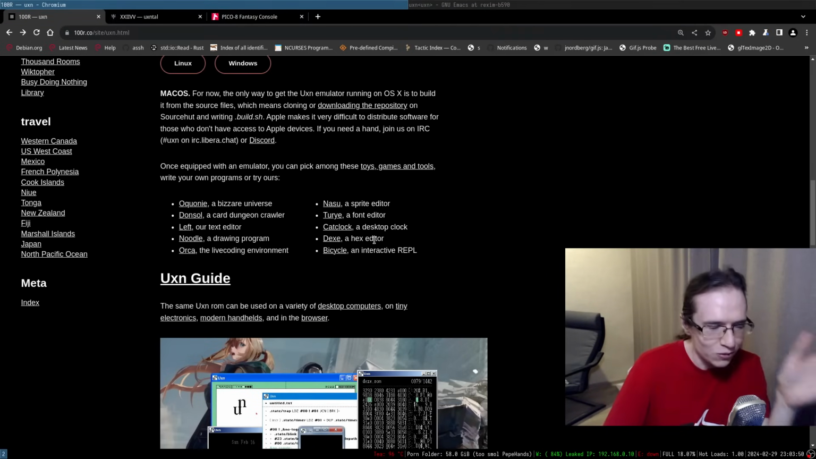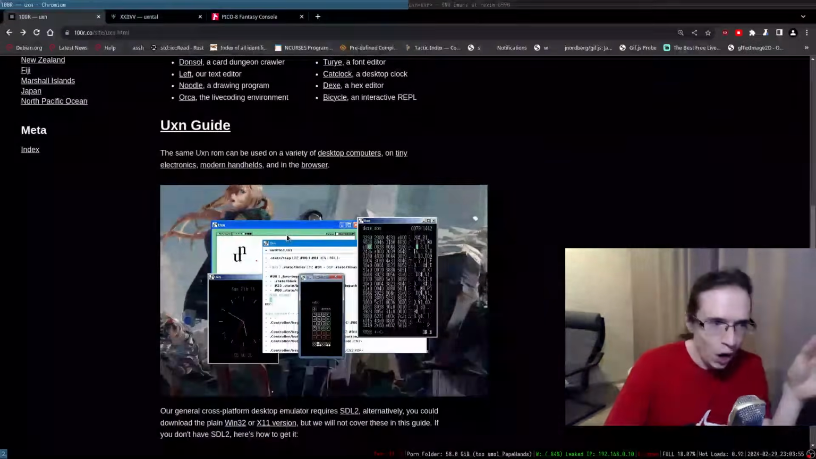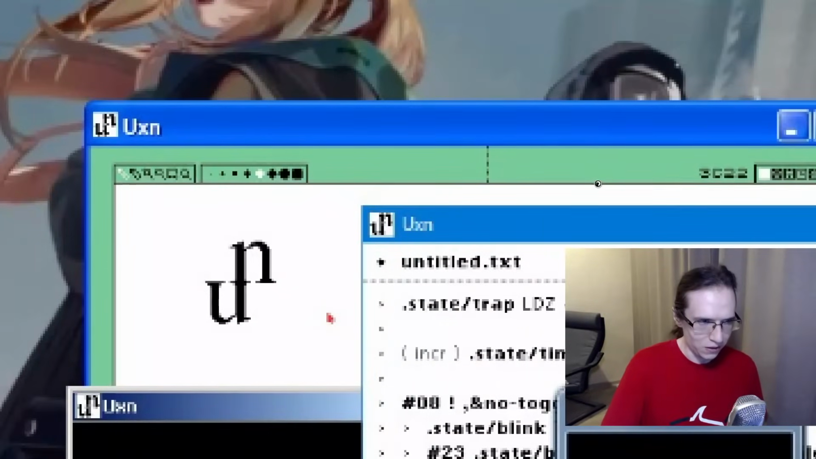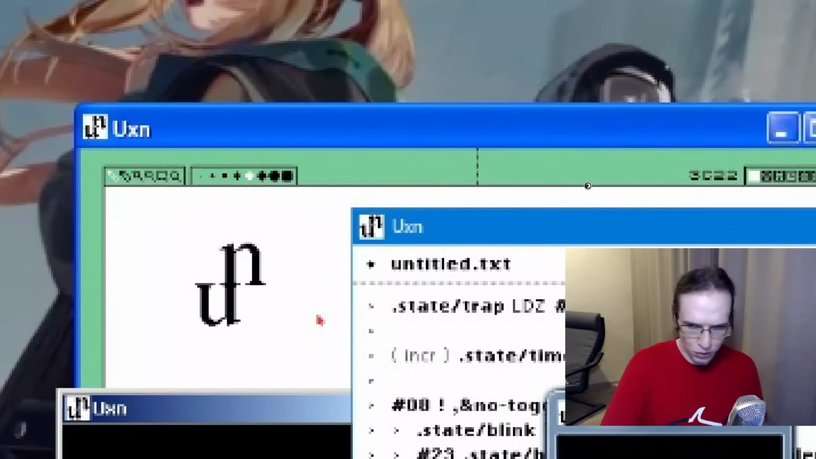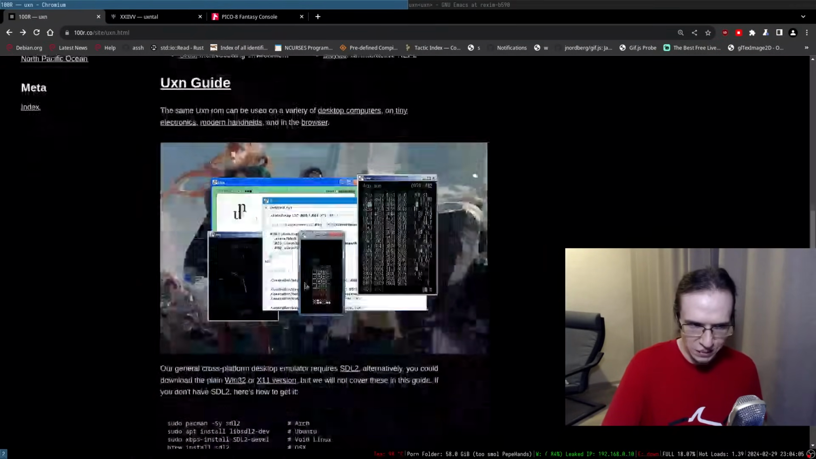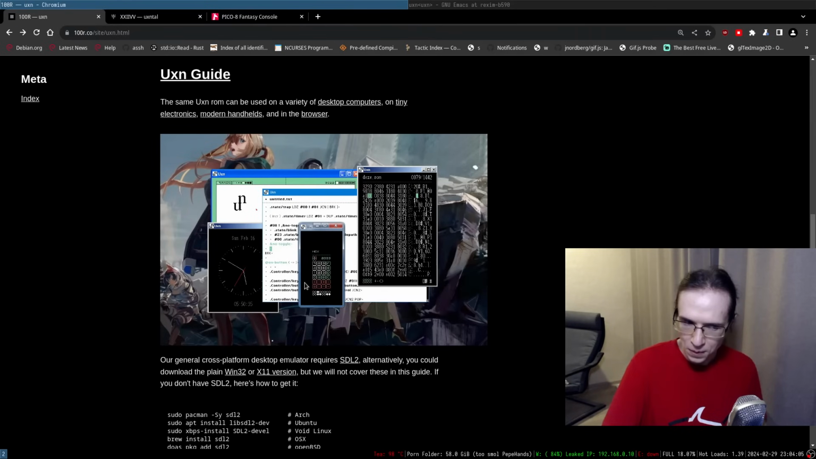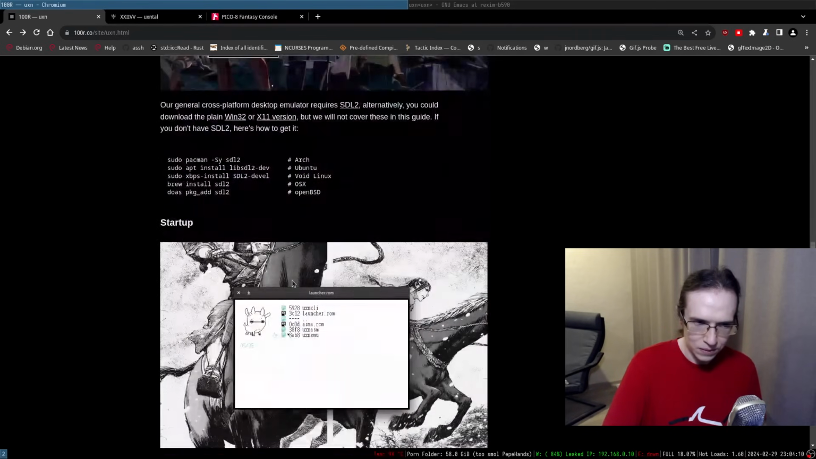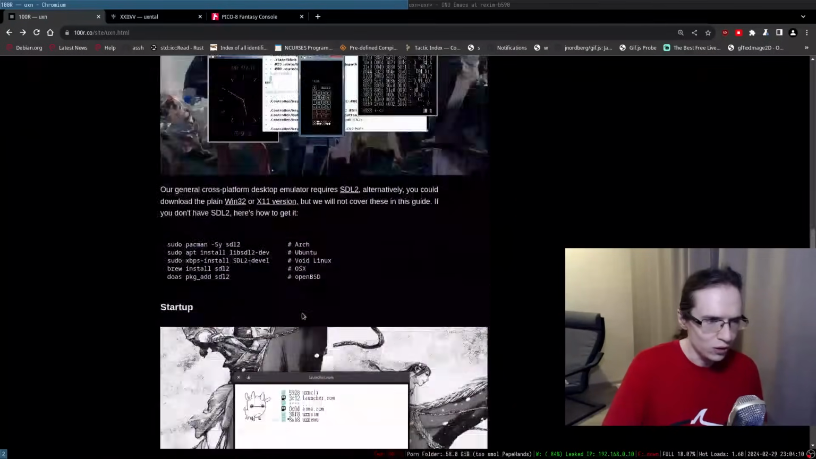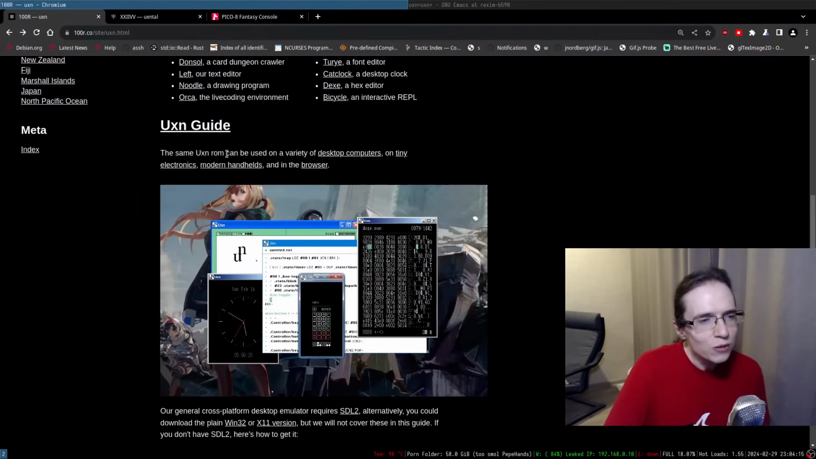So this is the really interesting question. This is a Windows XP, isn't it? So it's a straight up old project from like Windows XP times. What an actual fuck. Alright, so UXN guide. The same UXN ROM can be used on a variety of desktop computers on tiny...